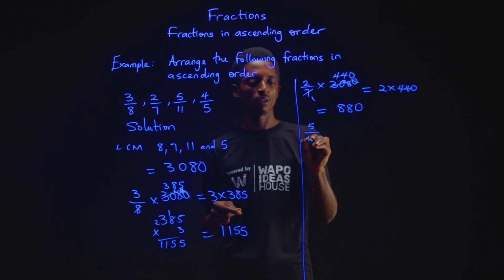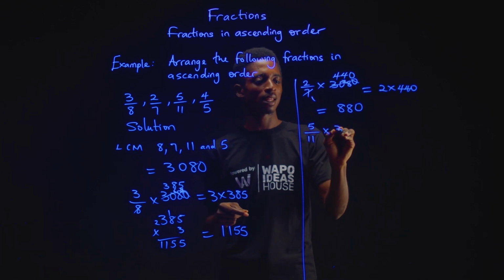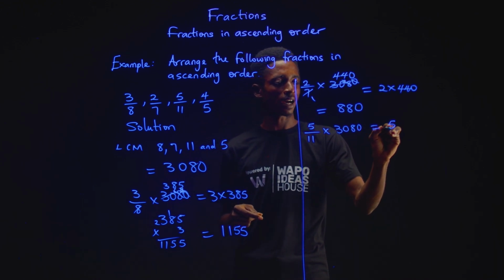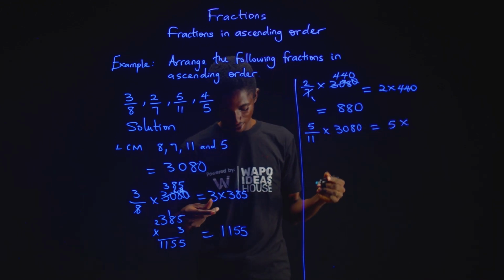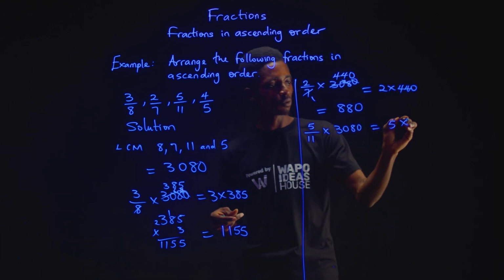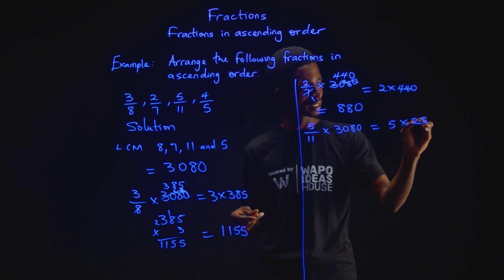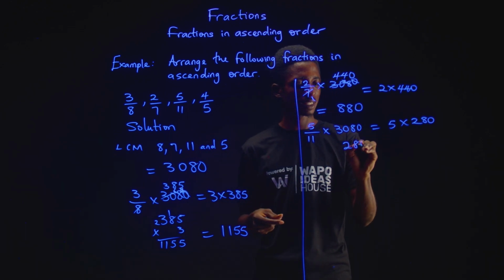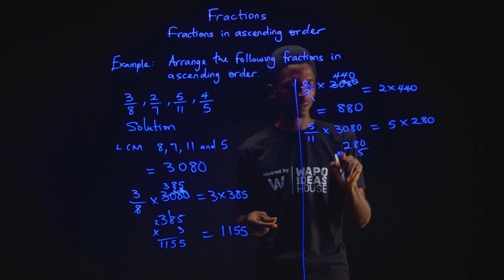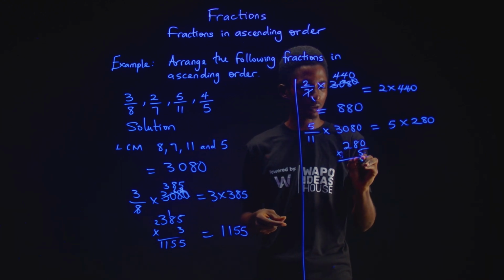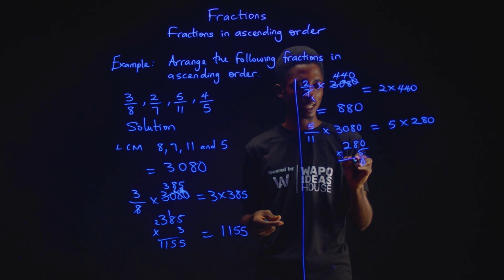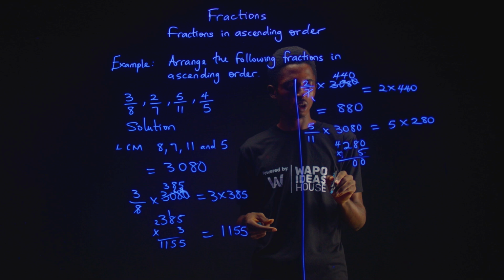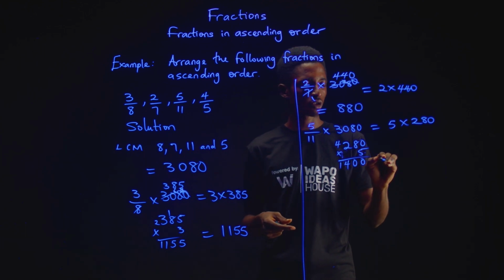Now to the third fraction. 5 over 11 multiplied by 3080. This would give us 5 multiplied by, now 11 in 3080 will give you 280. And then when we multiply this, 280 times 5, what do we get? 5 times 0, 0. 5 times 8, that's 40, 0, carry the 4. 5 times 2, 10, plus 4 is 14. So our answer is